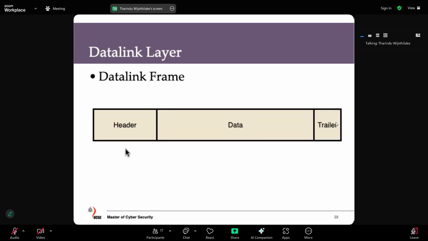So this is the data link layer frame, and you can see the data portion. This data portion contains the network header, the TCP header, and the data from the application. So everything is included inside this data portion. And in the data link layer, we have the header as well as the trailer. Normally you won't see a trailer in other protocol levels, like the transport layer or the network layer. So in this trailer, we are actually having